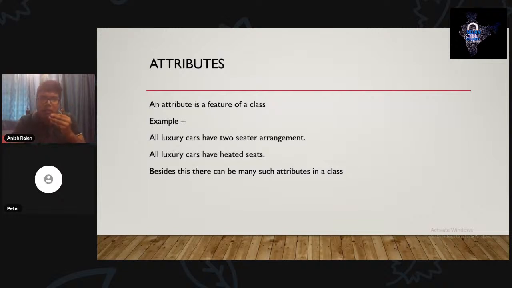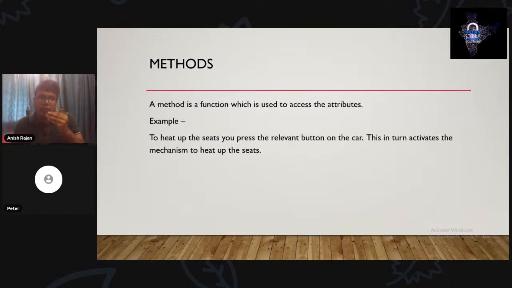Okay. And now we go to methods. A method is a function which is used to access these attributes. You have these attributes in a class, and the method helps you access those attributes. So again, we go to this example. To heat up the seats, you press the relevant button on the car, and this in turn activates the mechanism to heat up the seats.